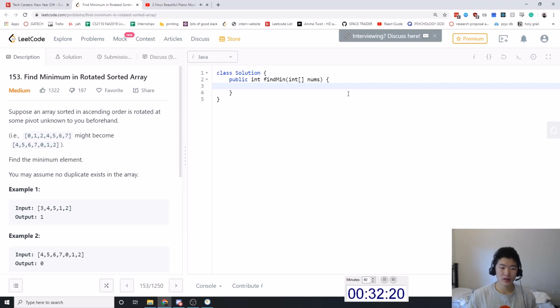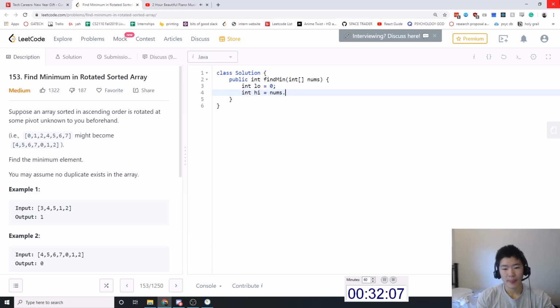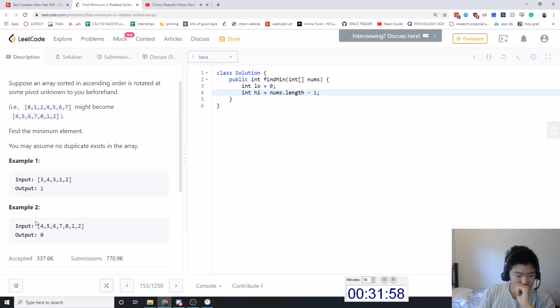Okay, if you have anything sorted, it's definitely going to be binary search-esque. So, okay. And the unique part, so we're looking for the minimum. If we compare two elements,